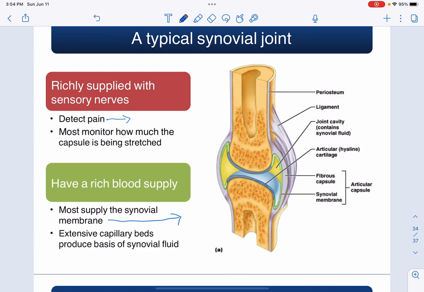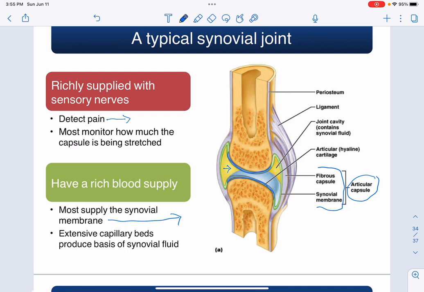You can see the articular cartilage on each side of the bone. You can see the synovial membrane in green. That is what is going to be producing the synovial fluid, which is inside this cavity. The synovial membrane, along with that fibrous capsule, is what makes up the articular capsule, right? That's what's going to provide some stability